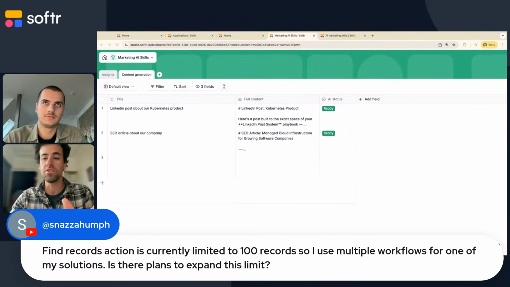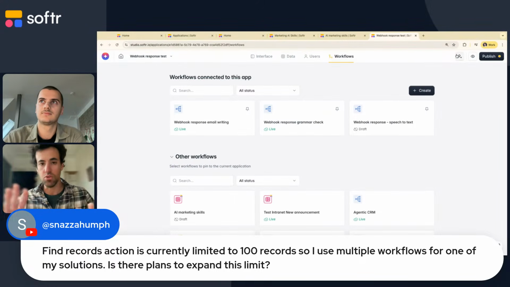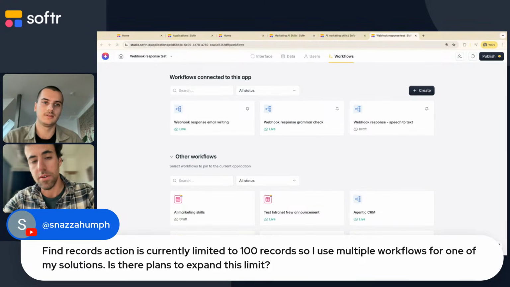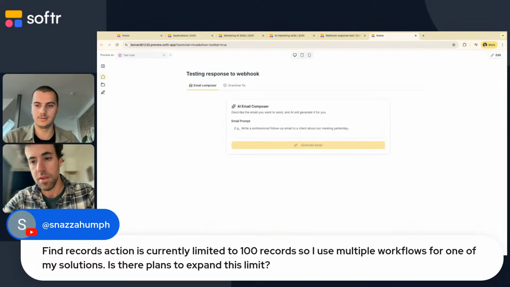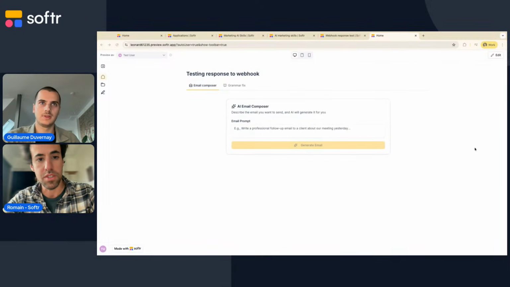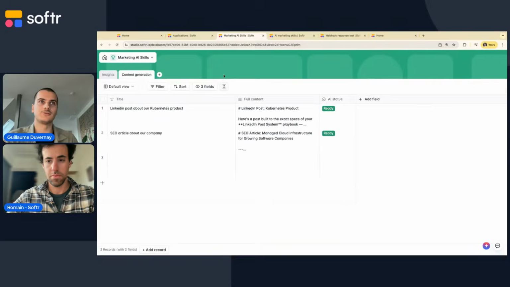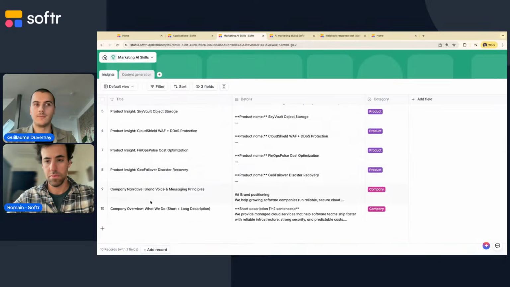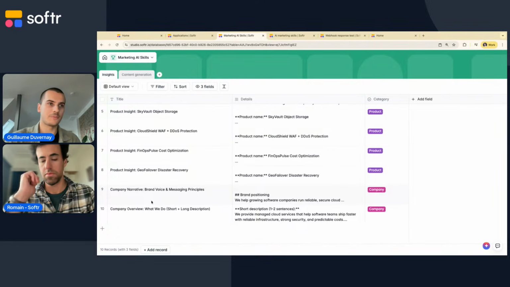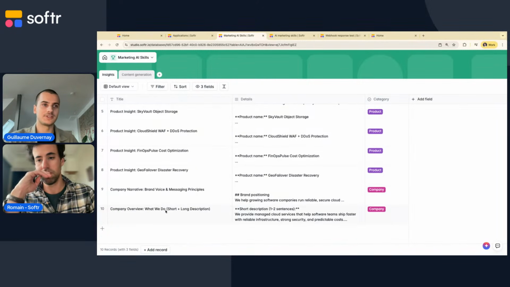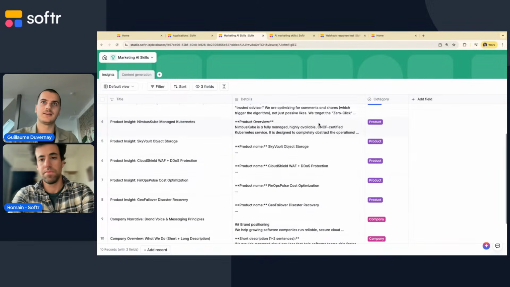So usually, it needs still to be combined with filtering to be sure you do not waste executions. But yeah, it will be released very soon. Amazing. That's good to know. It's, I mean, related to what I just showed. Yeah, I mean, for now, if you store 100 company insights, it's already quite a comprehensive list, but we'll be able to unlock even more scale with that new feature.